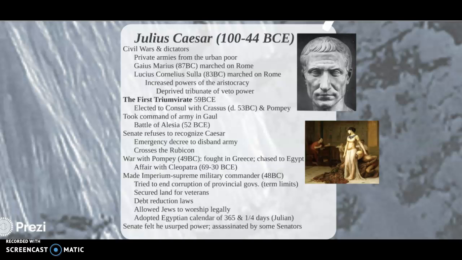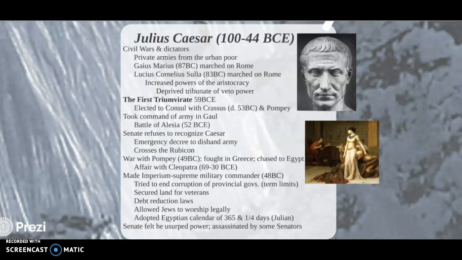Now, Caesar is very popular in Rome, and the Senate and Pompey are not. So Pompey and his allies flee to Greece, and Caesar chases them there. They fight. Caesar will eventually win, and he will chase Pompey's force down to Egypt, where by the time Caesar gets there, Pompey's already been killed by the Egyptians. It's there that he has his affair with Cleopatra and helps keep her in power in Egypt.